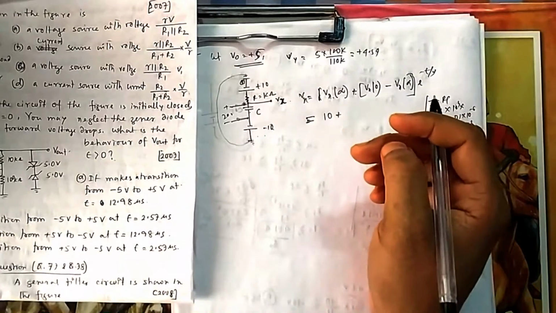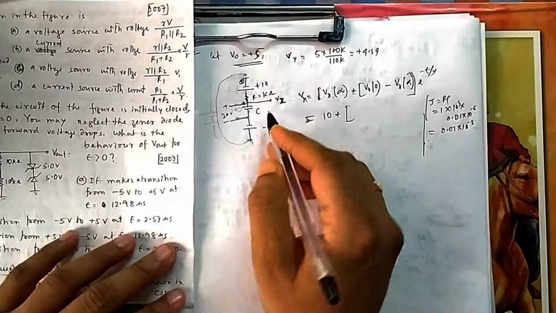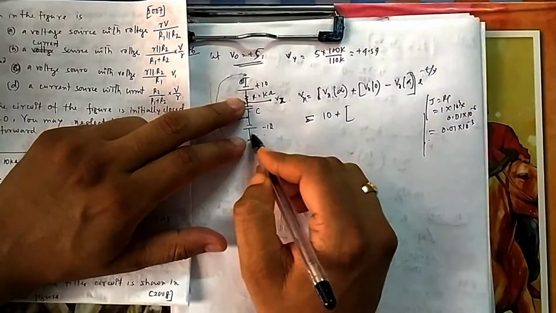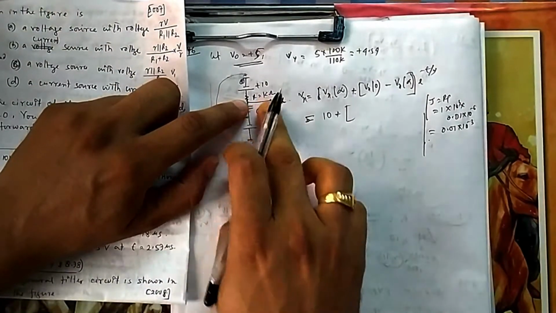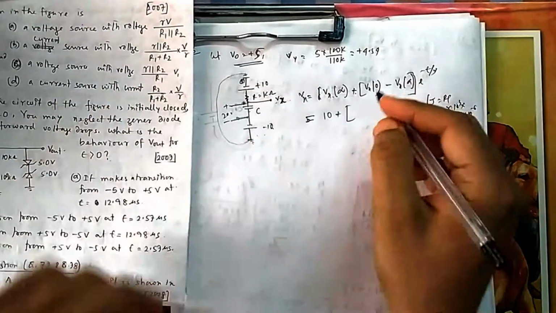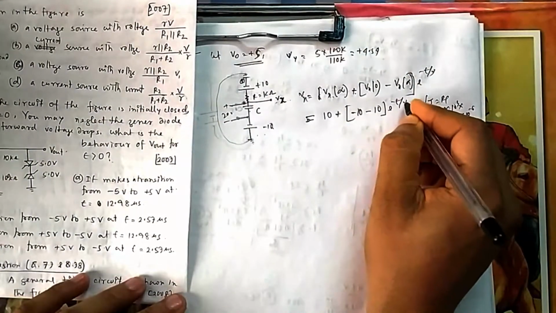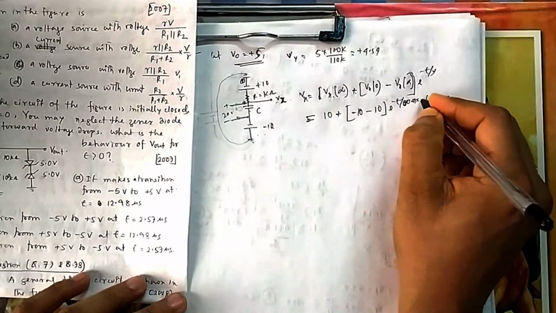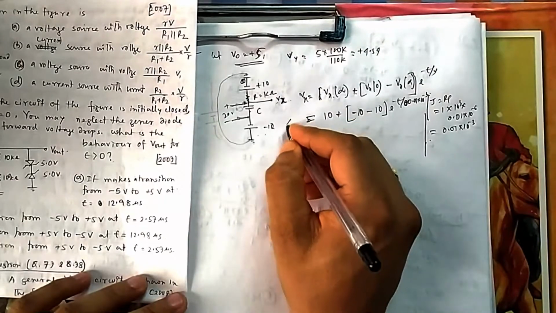Okay. What is the initial voltage? Initially, when it is just switched on, the capacitor will be short. So this voltage will be minus 10. As long as it is shorted, the initial voltage will be minus 10 volt. This voltage will be from here to ground. So initial is minus 10, final is 10, e to the power minus t by tau. And tau is equal to 0.01 into 10 to the power minus 3. So ultimately it will look like this. So when it will become, what is our condition?